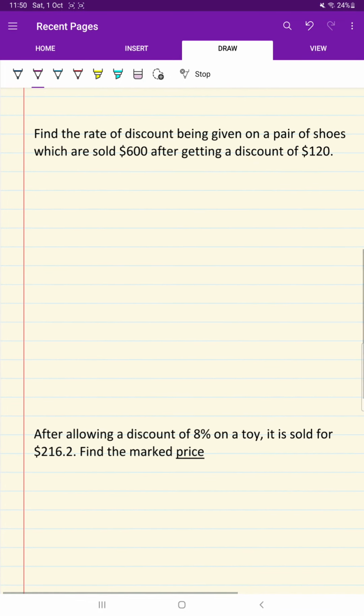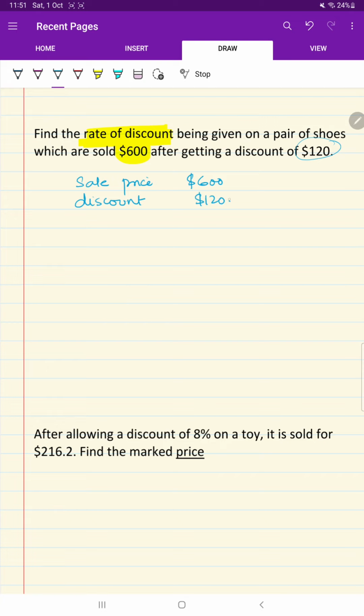Let's move further. Find the rate of discount. Now here, I have to find the rate of discount. Rate of discount would mean the percentage of discount, right? Being given on a pair of shoes which are sold for this. So basically the sale price is $600, right? After getting a discount of 120. So the discount here is $120, right? The discount percentage is basically, if I actually write it down, it will be discount amount or discount value